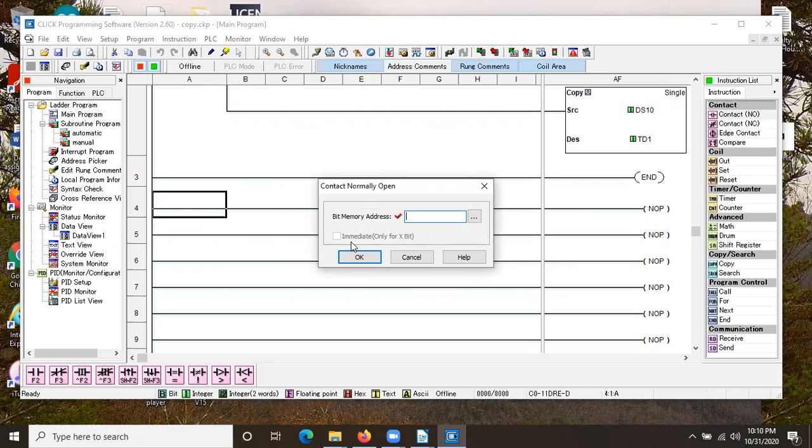Contact normally open. Okay, immediate. So it's one of the things we have been ignoring every time we put in an entry. And it's only for an X bit, only for a real world input. So if I put in X3, then I can make it immediate. When I check this box,